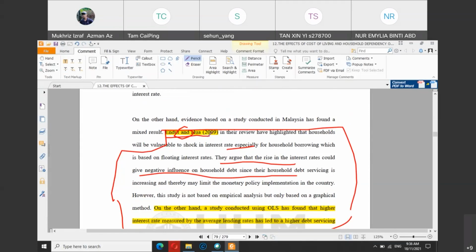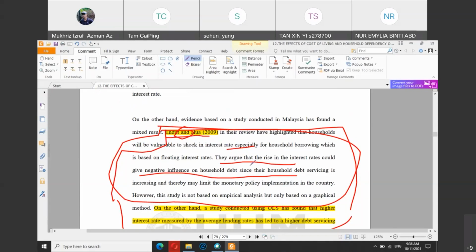But many students are sometimes too lazy to open the original article by Endut and Hua. So what they do is they just extract this particular paragraph and rewrite it in their own sentences so that it is not detected in the Turnitin, meaning that you just take what this student summarized about the work by Endut and Hua.